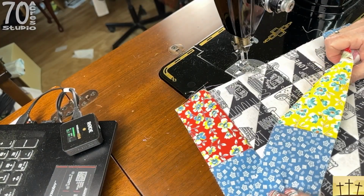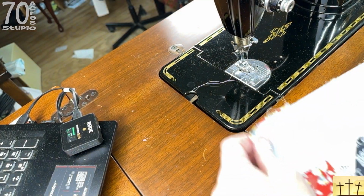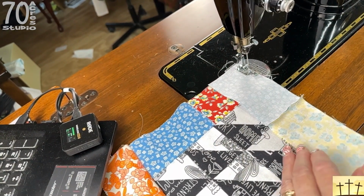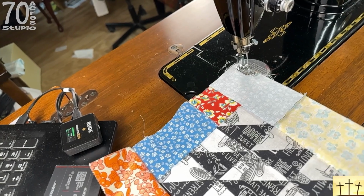And those two are the same, but that's okay. I'm not going to worry about it. In the grand scheme of things, it'll all look very, very scrappy when it's all put together. If it bothers you, you can always take it out, or you can sew another strip together and have the old one ready and waiting for you when you make another block,